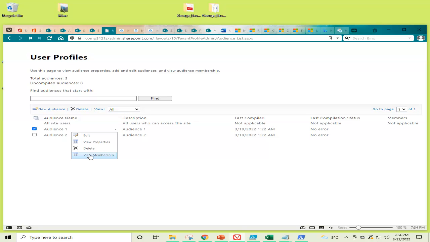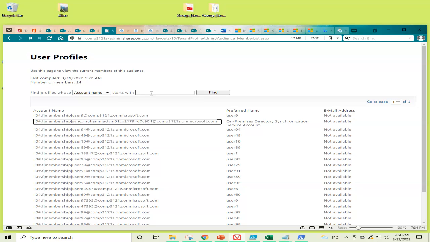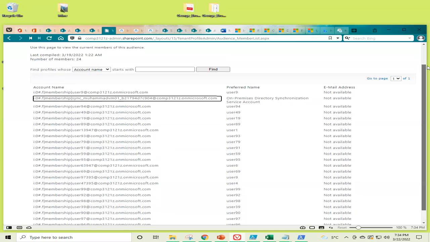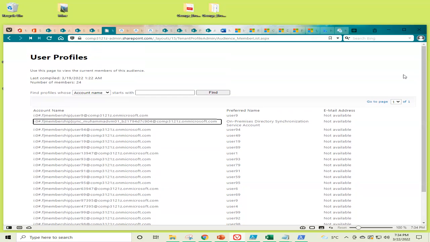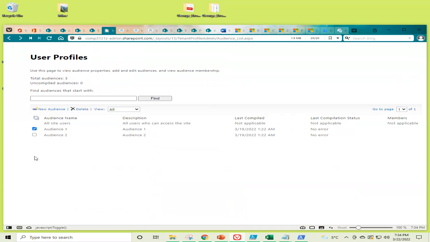Okay, let's click on, first of all, view membership on audience 1. See, these are the members. Actually, we have given a rule into the audiences about which type of user we want to include, so these users are included into our audience. If we go back and see the other one,